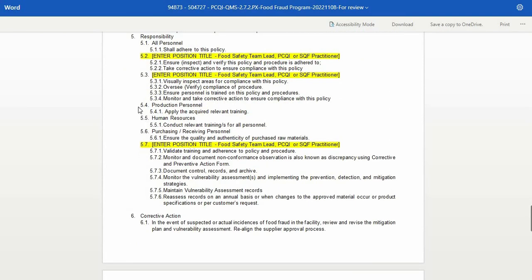For the production personnel, to apply the acquired relevant training. For the human resources, to conduct relevant trainings for all personnel. For the purchasing or receiving personnel, to ensure the quality and authenticity of purchased raw materials. And for the food safety team lead, the PCQI or SQF practitioner, to validate training and adherence to policy and